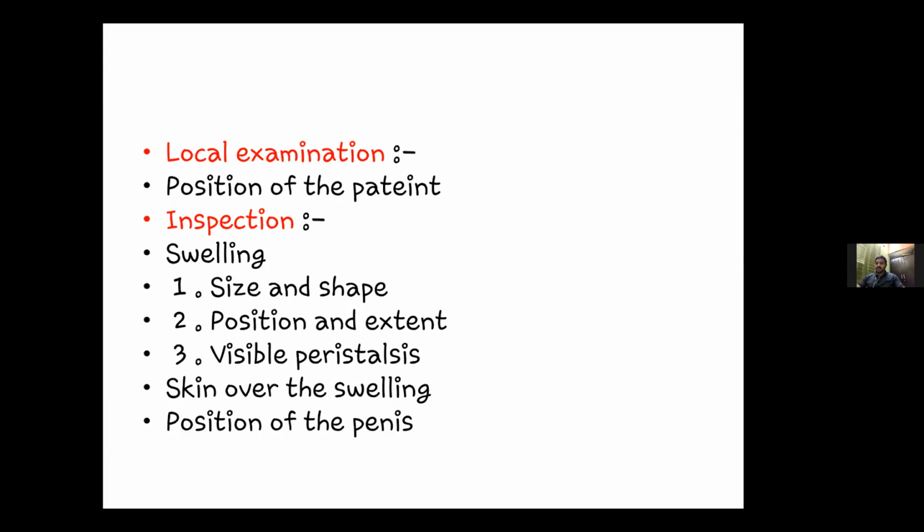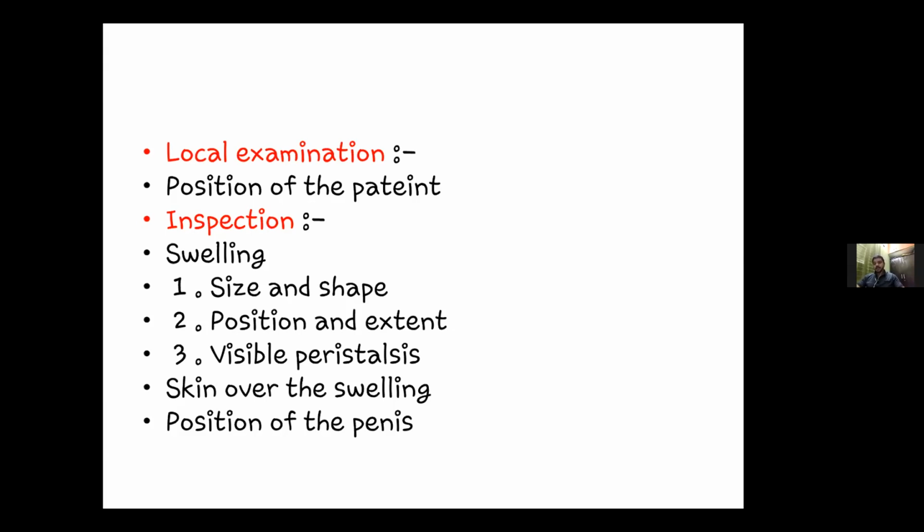Next, it is visible peristalsis. This is a very important point because there is a statement telling that in case of femoral hernia and obturator hernia, visible peristalsis is never seen. It is because of the thick covering that it has, right from the outer layer, the skin, the rich fatty layer, the Camper's fascia, the next layer, Scarpa's, and the fascia lata. All these structures make peristalsis very difficult to look at.